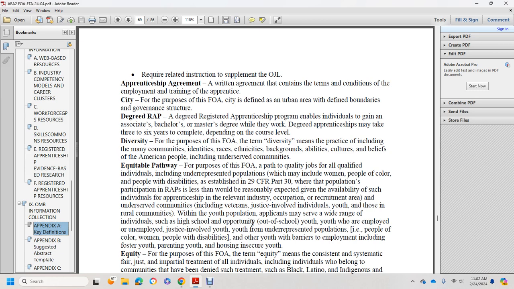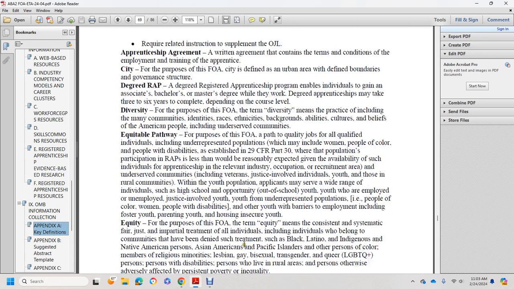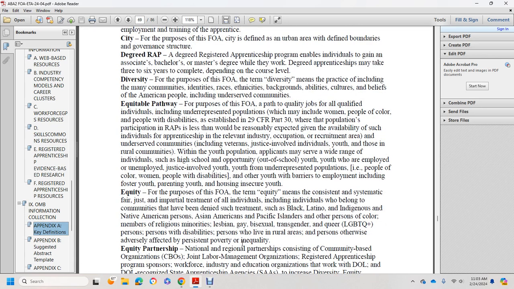With a youth population, applicants may serve a wide range of individuals, such as high school youth, youth who are employed or unemployed, and justice-involved youth, as well as underrepresented populations: people of color, women, and people with disabilities. Youth barriers to employment include foster youth and parenting youth, and youth housing. Equity, for the purpose of the funding opportunity announcement, the term equity means